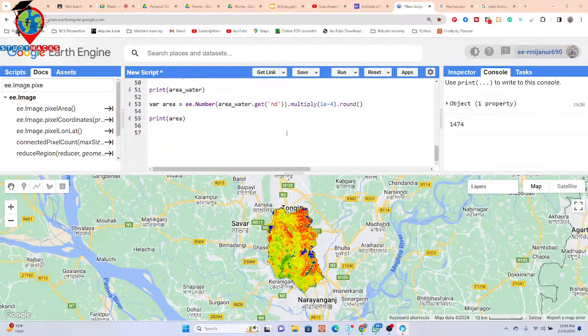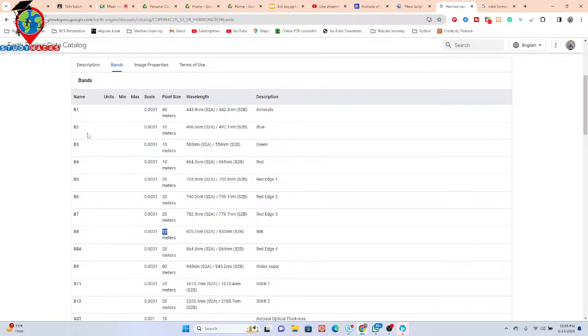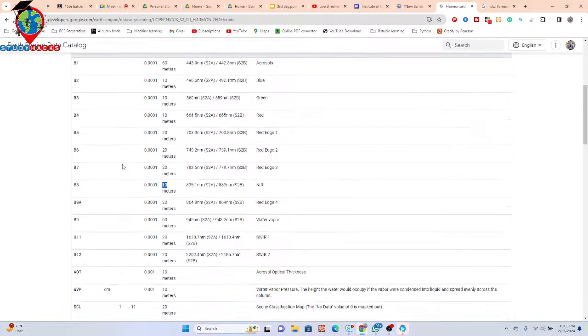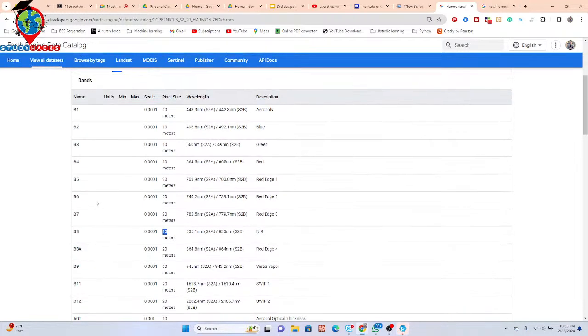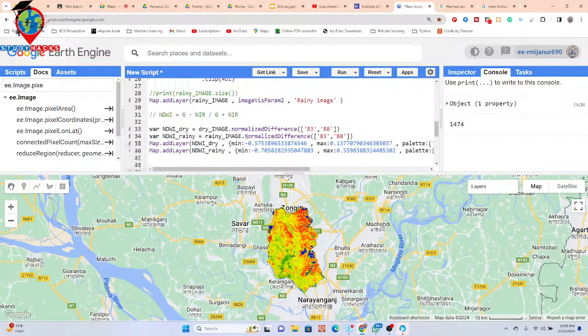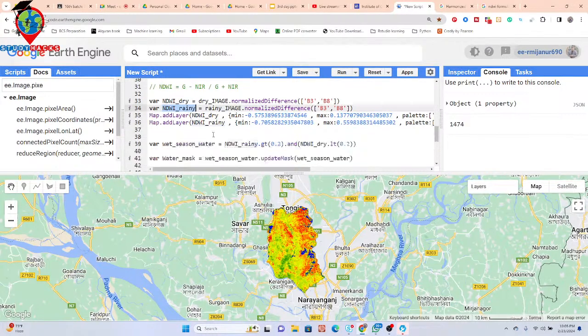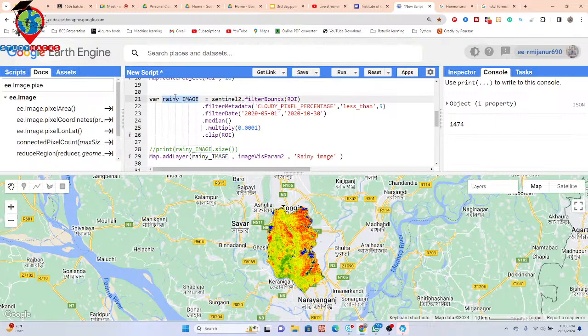But in this case you can see there is no band for NDWI. This time we create the band of NDWI, or whichever index you need the time series chart for. Just calculate this band. Suppose this time I want to make the NDWI time series chart for the rainy season. So for that I use the rainy season image and then create the band of NDWI. You can see when I print, suppose I print this rainy image